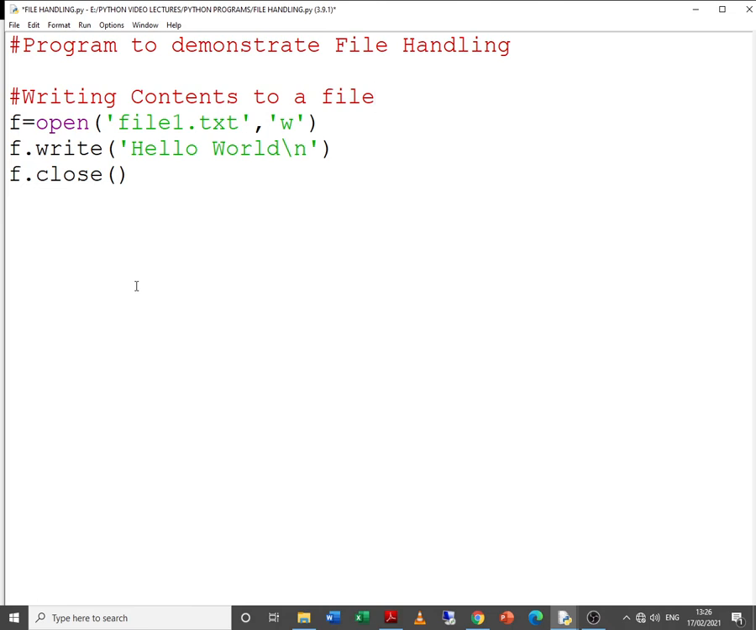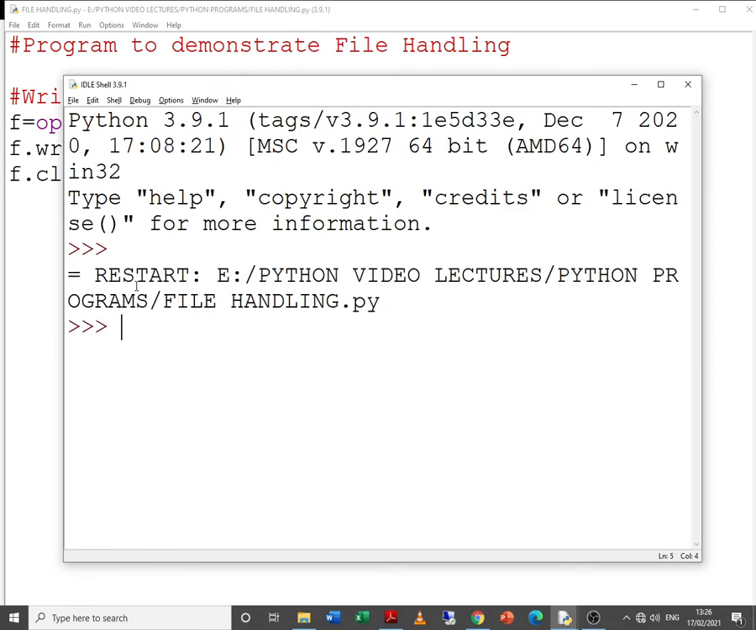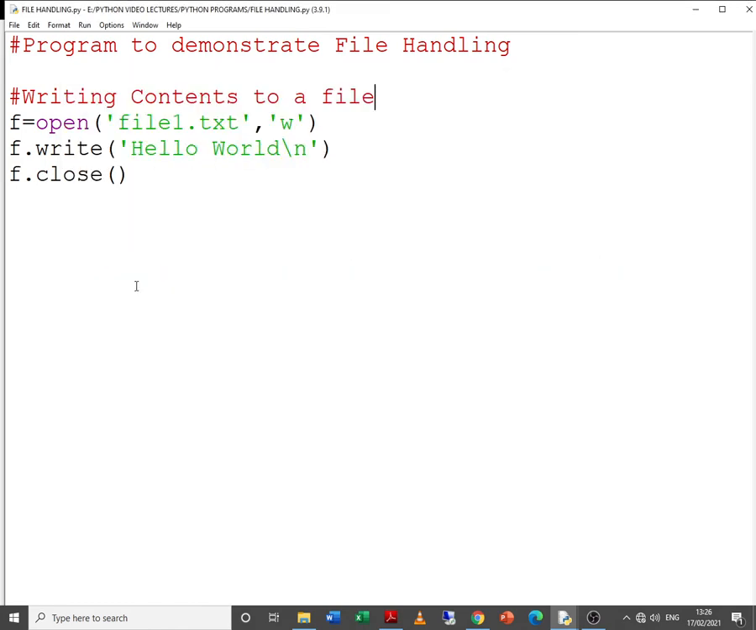Let us try to execute the program. Yes, we have not printed any message here, so no message is going to come. But how to check whether the program has worked properly or not? For that we go to the folder where this particular